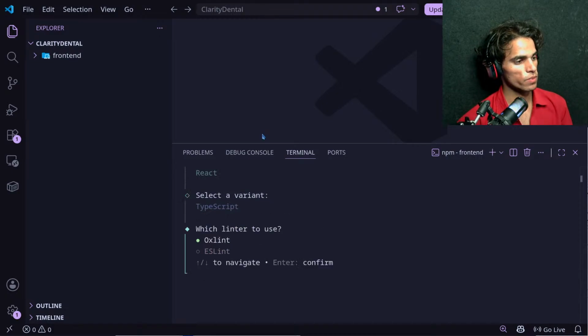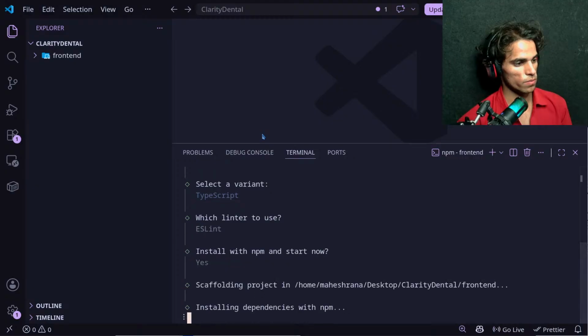TypeScript. Okay. Which linter do you use? ESLint. Excellent. I never use these, but let's go with ESLint. Okay, mainly. Yes. Yeah.